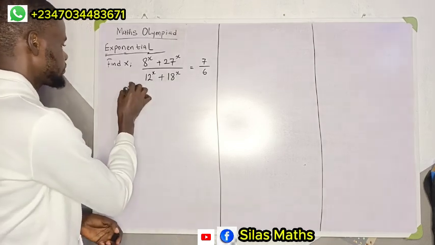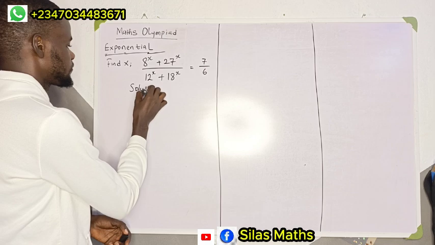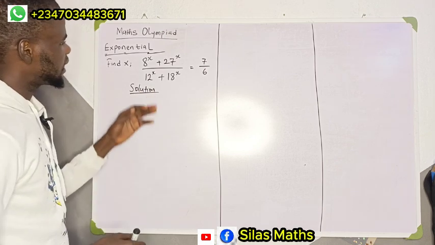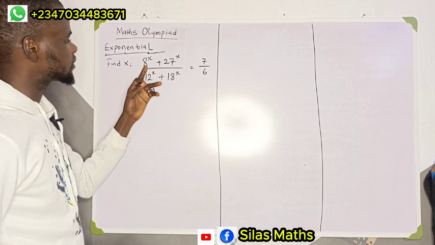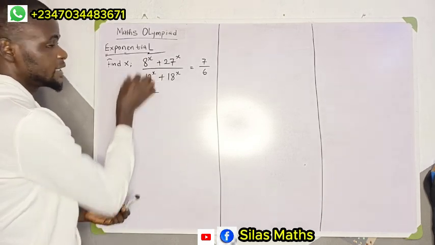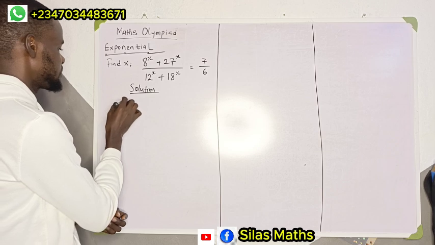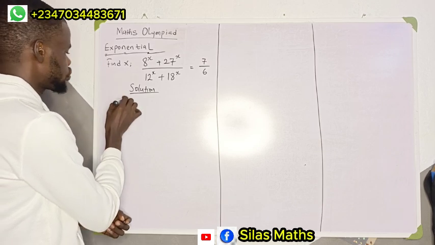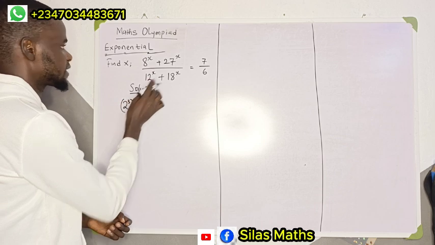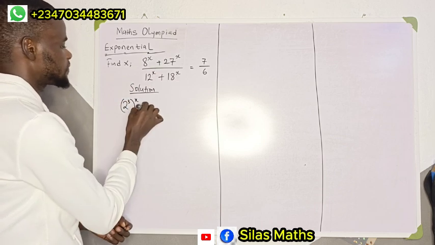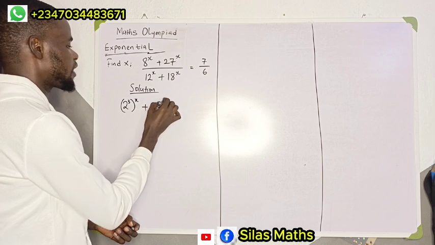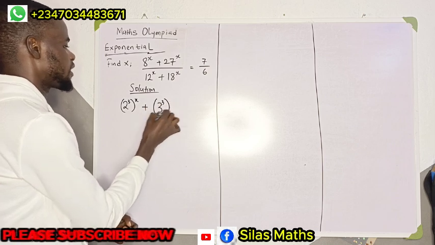Okay, solution. So what do I do? First, I will have to prime factorize these numbers. If I prime factorize 8, I'm going to have 8 written as 2 to the power of 3, all to the power of x. Prime factorizing 27, I'm going to have 27 to be 3 to the power of 3,